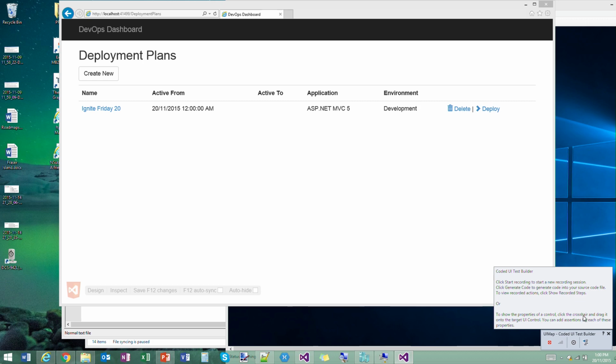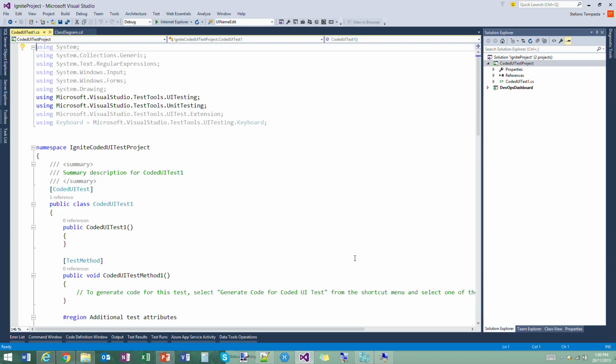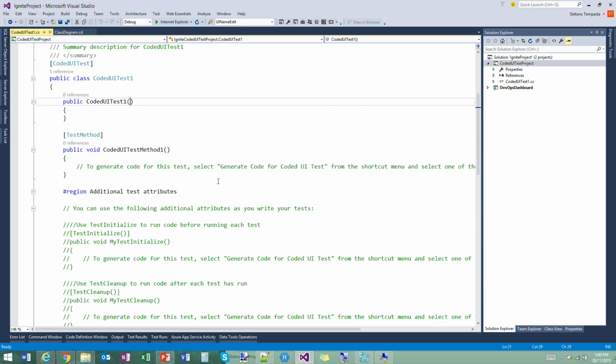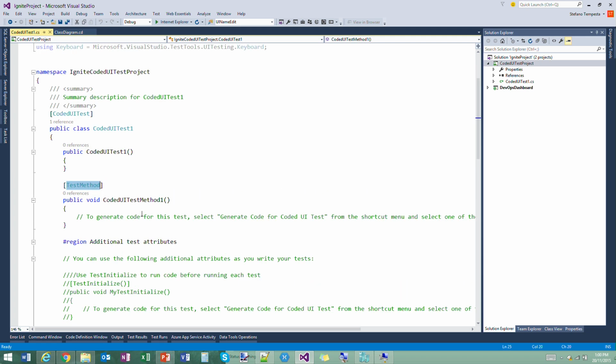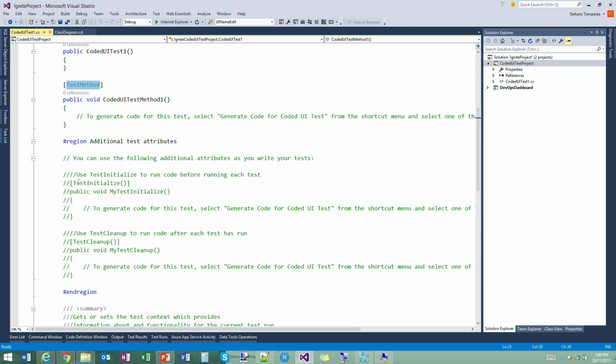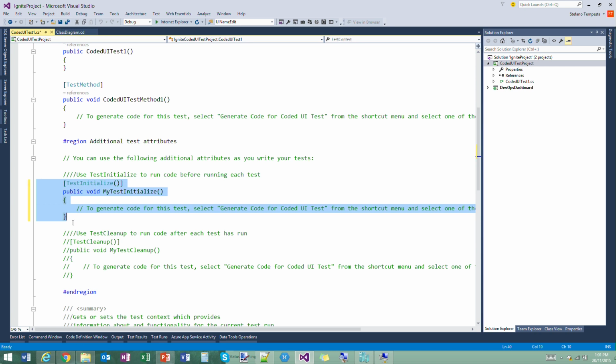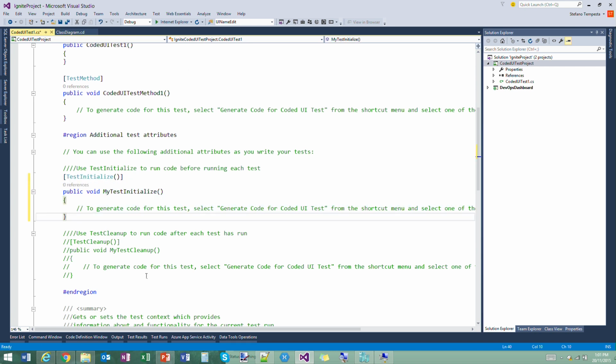Before we go into that, let's see what happened, because now this is really going a step ahead. From a Visual Studio perspective, I have my coded UI test. If anybody is familiar with unit testing, you will probably know that there is a unit test class that is generated. There are some other methods that are decorated with the attribute TestMethod. It is extremely similar, and you can see that has been commented here. There is also TestInitialize. Let me remove the comment, so you can see that there is a TestInitialize, and there is also a